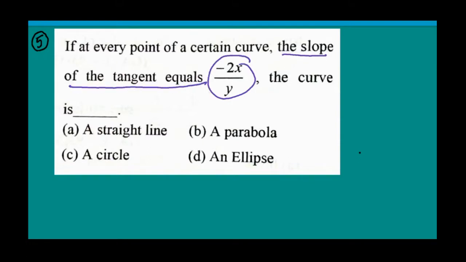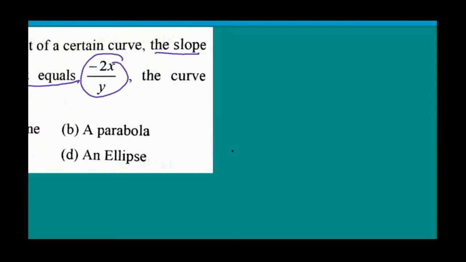Slope of the tangent means dy by dx. dy by dx is equal to minus 2x by y, and if I separate the variables, y dy is equal to minus 2x dx. I have separated the variables to their corresponding sides, and now if I integrate,